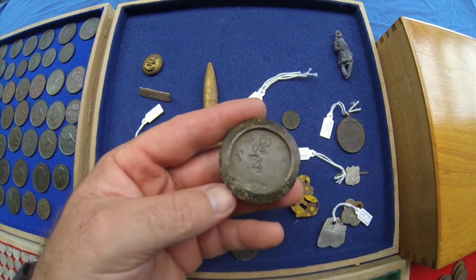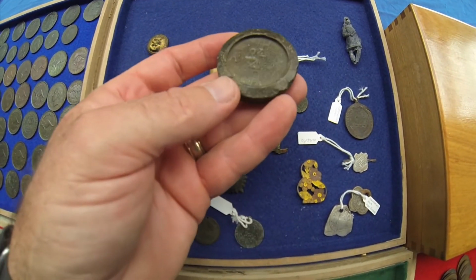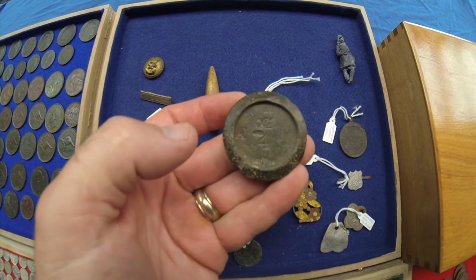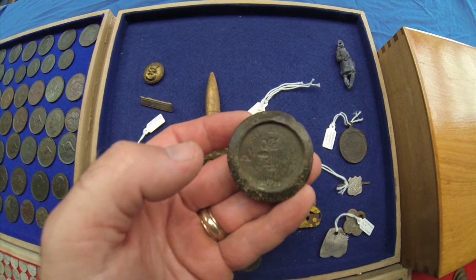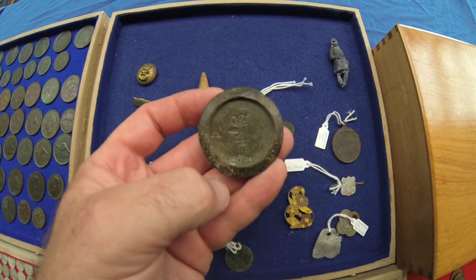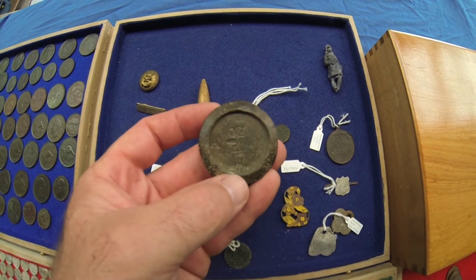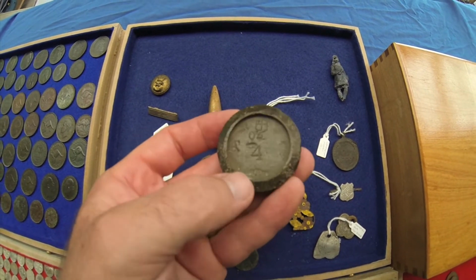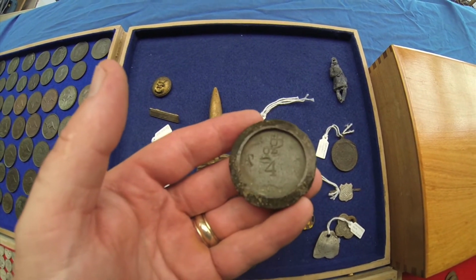This one's probably one of my favourites. This is a 4-ounce weight from a balance set, and from the markings on it, you can actually tell that the A stands for the system of weight, which I can never pronounce. You've got troy ounces or you've got this system, which is the one we usually use. It's got the little stamp down there, 1826. That was the stamp they used for checking the accuracy of weights or certifying them, and that was in use from 1826 through to I think the